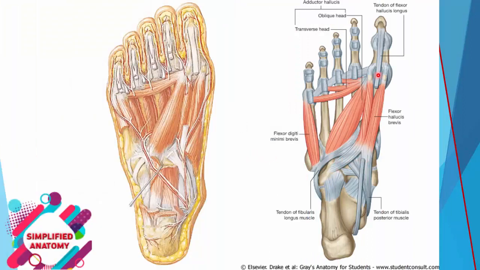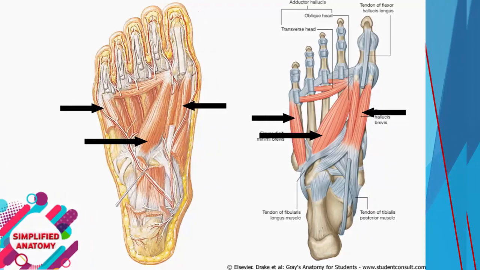Here, in this diagram, the flexor hallucis longus is removed and also flexor digitorum longus is removed. So we find three muscles. This muscle and this muscle flex the big toe and little toe, so it's called the flexor hallucis brevis and the flexor digiti minimi. This muscle produces adduction of the big toe, so it's called adductor hallucis. So in the third layer, there are three muscles: flexor hallucis brevis, adductor hallucis, and flexor digiti minimi.